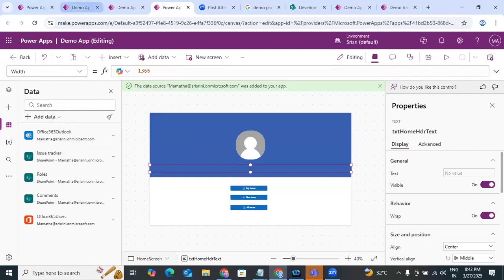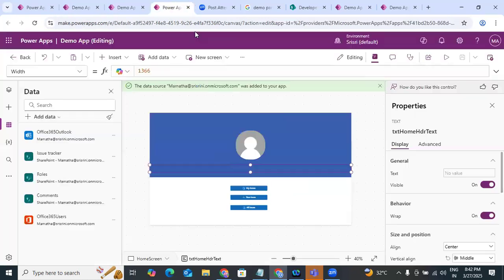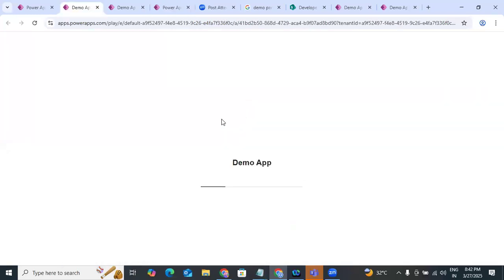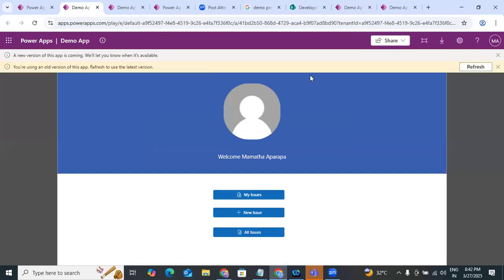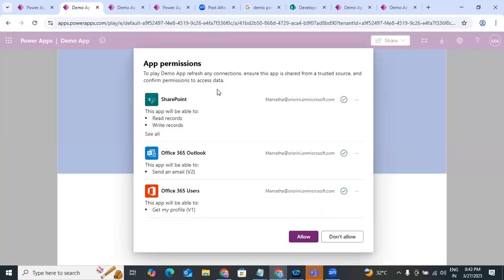Even while loading the application for the first time, the user will see a message saying... let me check, I have published, right? Whenever there is a new version, it will give a pop up. If we click on refresh, see, to play the app, it asks to confirm this app is shared from a trusted source and confirm permissions to